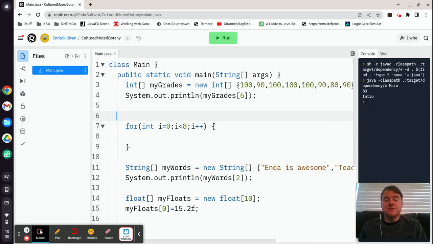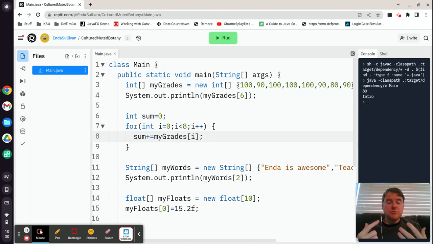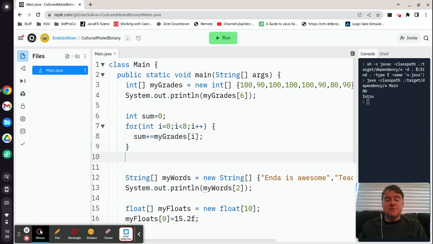All right, and so what I'm going to do is set a sum variable equal to 0 before I start. So int sum is equal to 0. And then I'm going to add each of those numbers together. So I'm going to say sum plus equals my grades at position i. So as the loop runs, it's going to take the grades from the first cell and add them to the second cell and the third cell and the fourth, and put all of that into sum. And at the end of all of this, I can absolutely print out